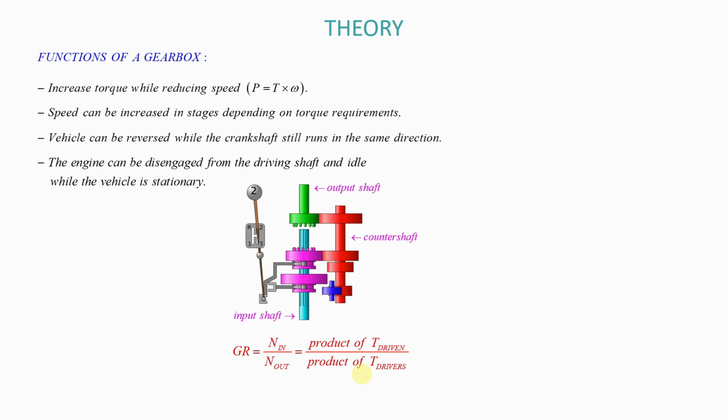So let me repeat what I just said. The gear ratio is the ratio of the input speed of the gearbox to the output speed of the gearbox. Now, this input speed of the gearbox is the frequency of rotation that is coming from the engine into the gearbox. The output speed here is the frequency of rotation of the output shaft that is going out of the gearbox to affect the wheels. And this ratio here is equal to the product of the number of teeth of driven gears divided by the product of the number of teeth